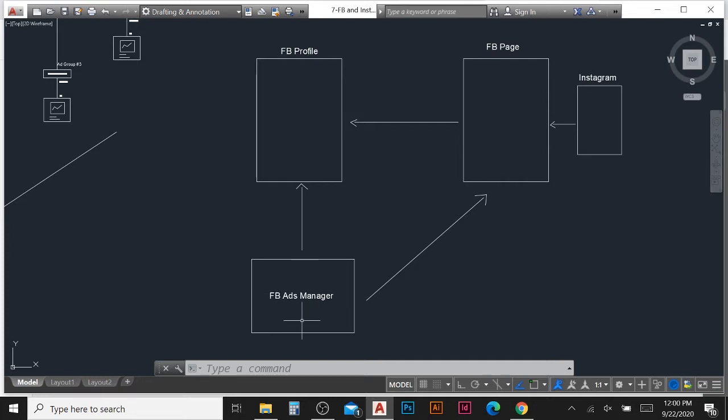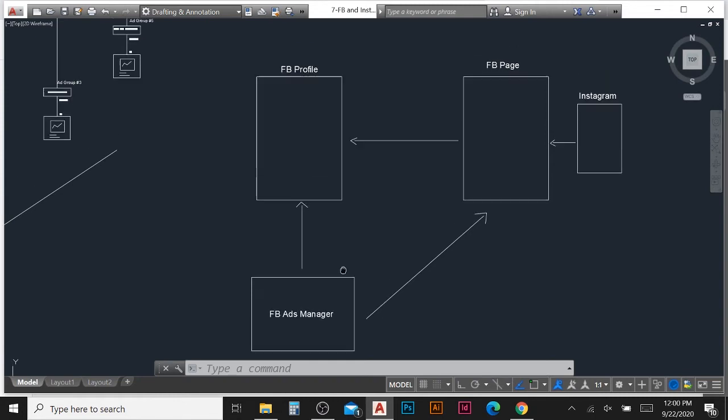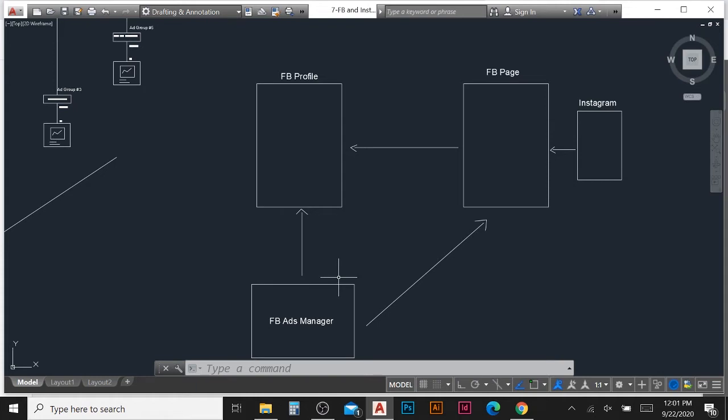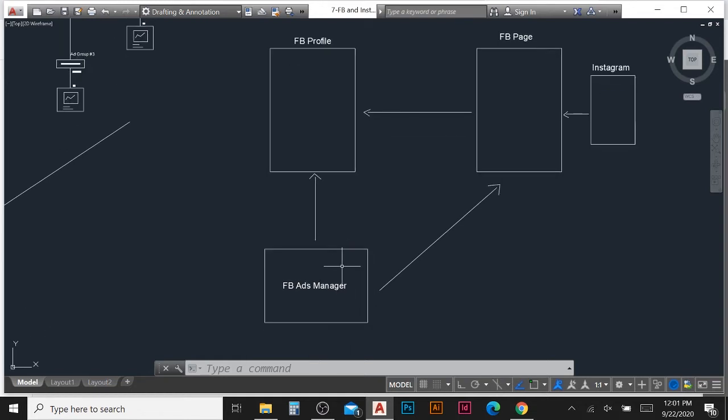So this is the tool for ads, and Facebook provides Ads Manager to create ads from this tool. But a lot of people don't know that they are just creating the ad from the Facebook page, like a boost post, and from Instagram there is a promote option. When you post, there is a promote button there. Both of them, from the page and Instagram, are very basic options, and most of the settings are automatic, so we will not get the result from that. That's why we need to use Ads Manager. Here we have advanced settings and targeting options to get better results.